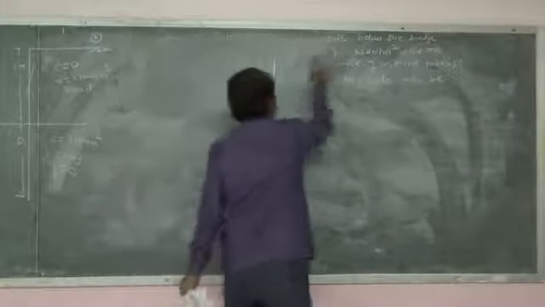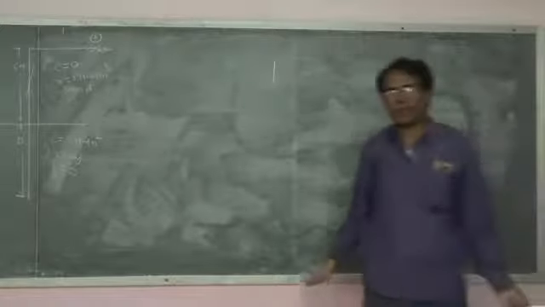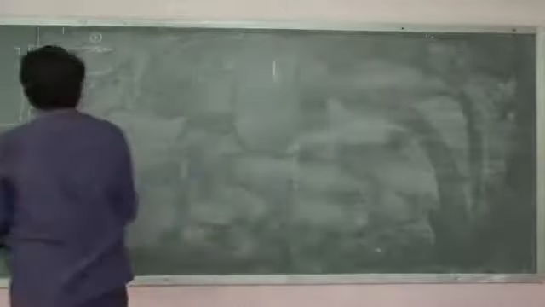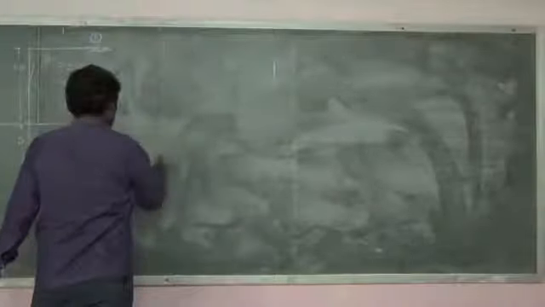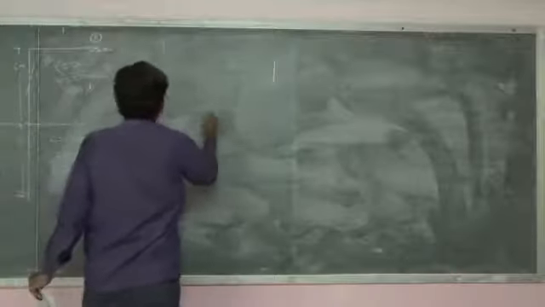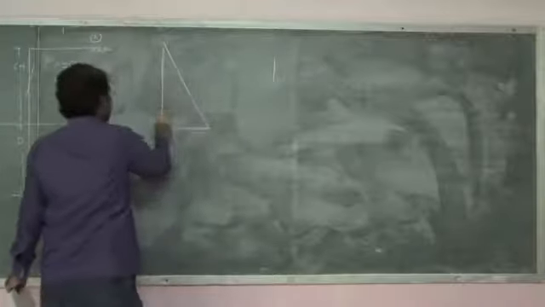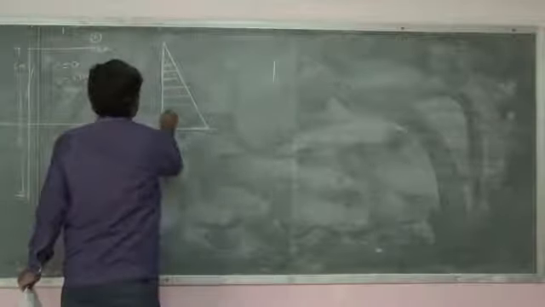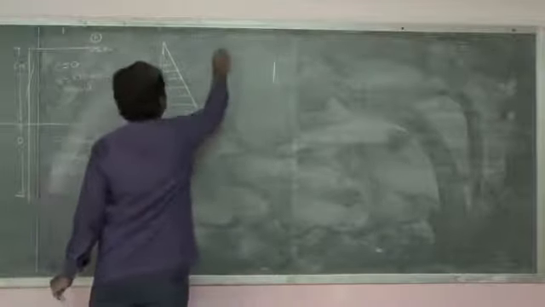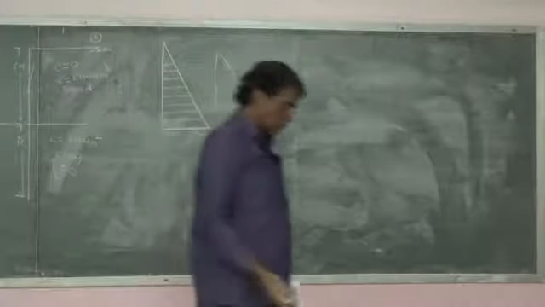So now first of all you should draw the pressure diagram. You should know the standard pressure diagram and then write the equation. What are the things you need, you calculate and substitute. It's very easy. Now here, as it is sand above, it will be an active pressure like this. Remember, water table is not there. If water table would have been there, then the diagram would be like this, up to here a triangle, then it will be like this. This I will do in the next question.